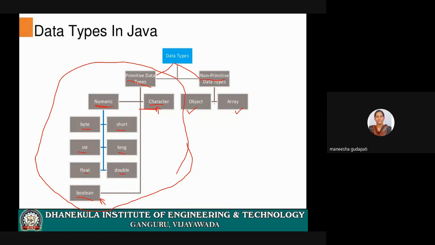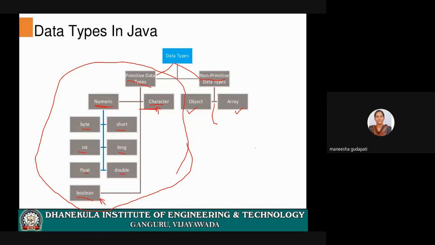You can also list enums, unions, structures, trees, graphs, whatever. Whatever data types are created by the user are considered non-primitive data types.